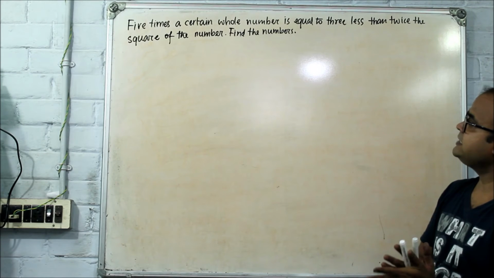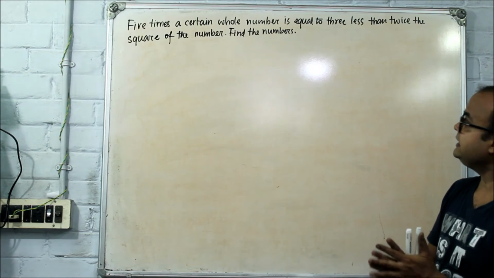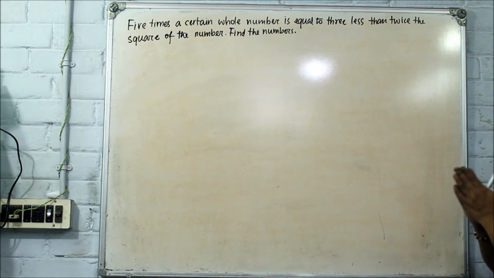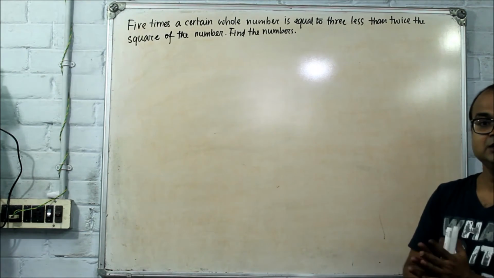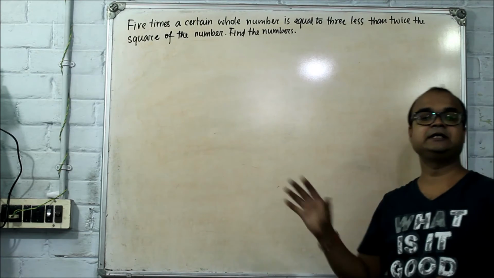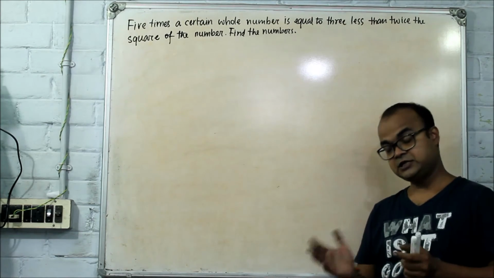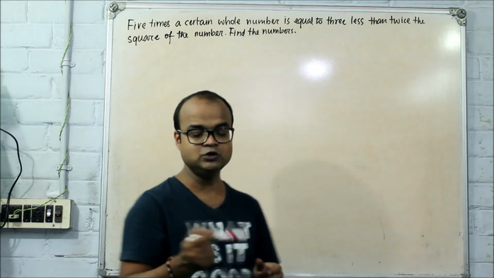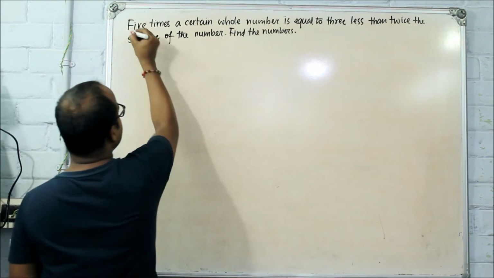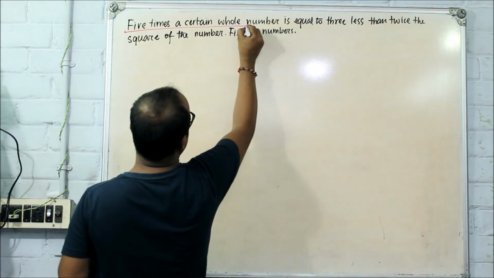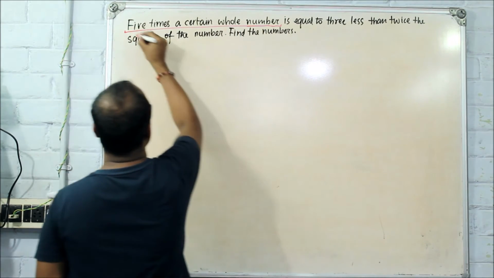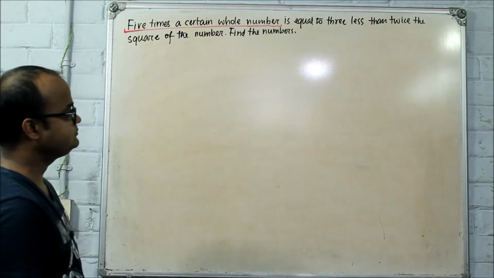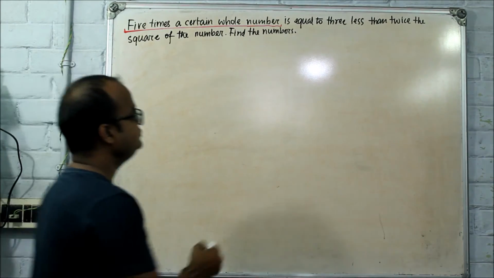5 times a certain whole number is equal to 3 less than twice the square of the number. Now say I am reading the entire line. As I told you, reading the question is an art. So you need to learn the art. 5 times a certain whole number is equal to